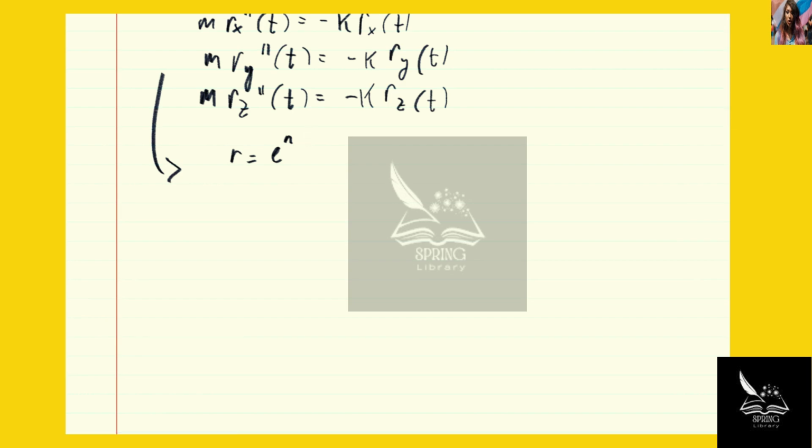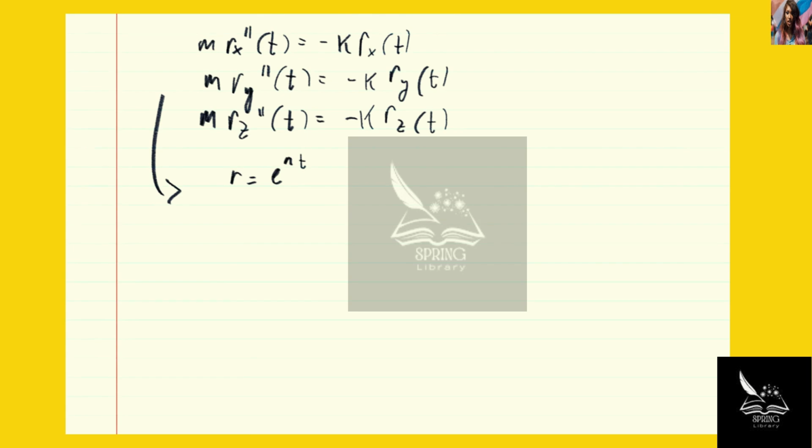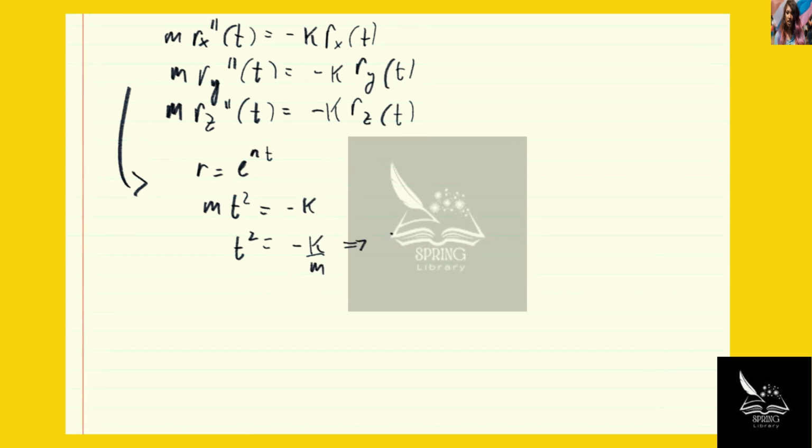But actually that should be e to the power of nt, because t is our independent variable here. So we'll have m times n squared equals negative k times nothing. So just m n squared equals negative k, which means that n squared has to equal negative k over m, which then means that we have n equals plus or minus i root k over m,